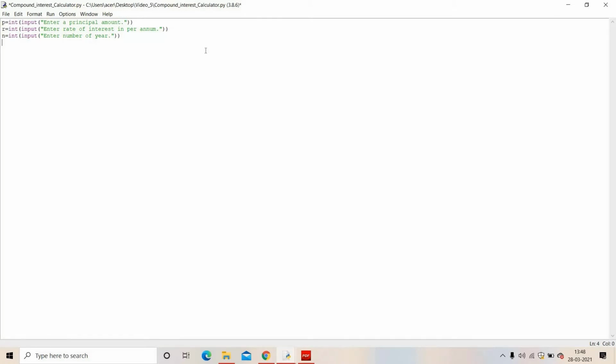We have to make a compound interest calculator for daily, weekly, monthly, quarterly, half yearly and yearly basis. For that, we have to take some input from the user. To get that input from the user, we have to print some instructions. To print that instruction, we will use the command as follows.